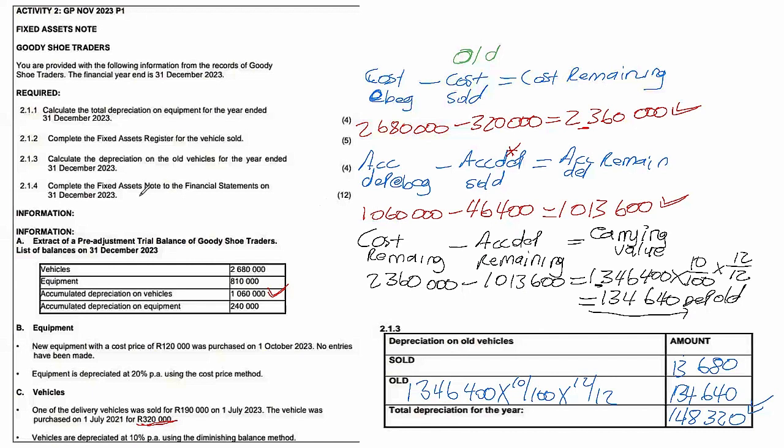Now, let us verify whether we have the residual value of this asset sold, which is vehicles. So how do you determine whether there's residual value or not? You will take your cost, right? So it's cost minus accumulated depreciation to get your carrying value. So the cost of these vehicles was 2,680,000 minus